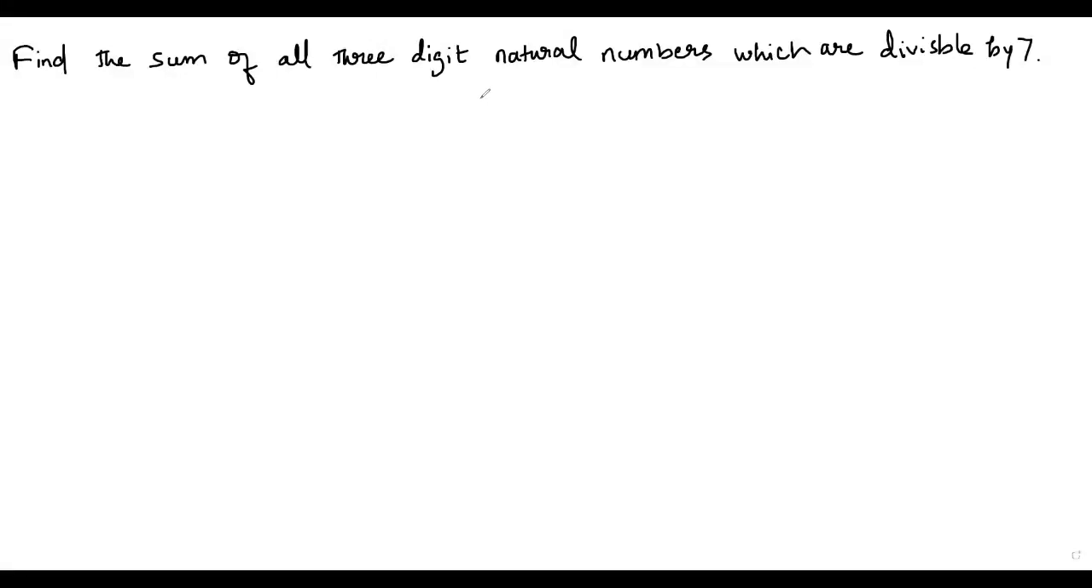Here we have a problem on arithmetic series. Okay, let's go to the question. Find the sum of all 3-digit natural numbers which are divisible by 7. Okay, here to get the sum of all 3-digit natural numbers which are divisible by 7, first let me write